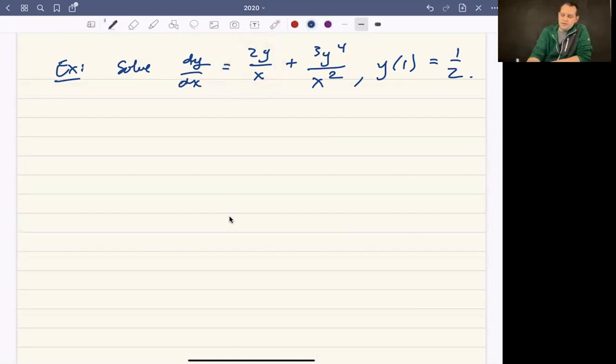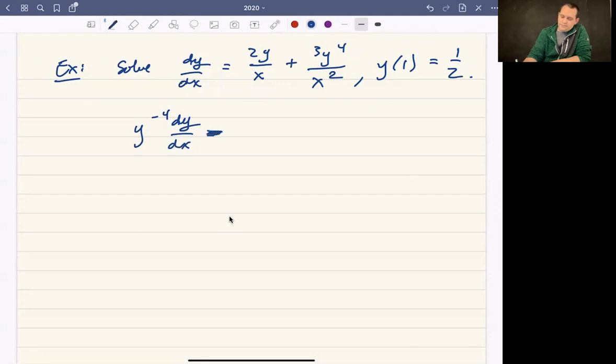So if you want to do that, that's fine. At the same time, we should divide by this y to the 4th power. Our n is 4 here. And so what we're going to end up with is y to the negative 4th dy/dx